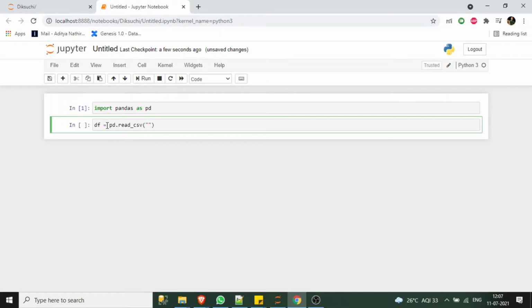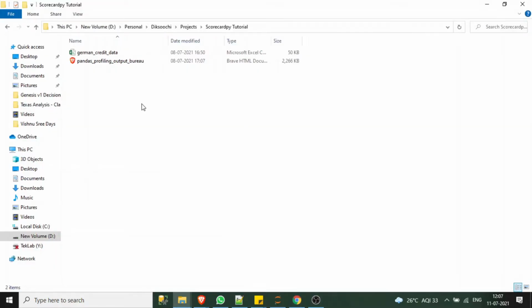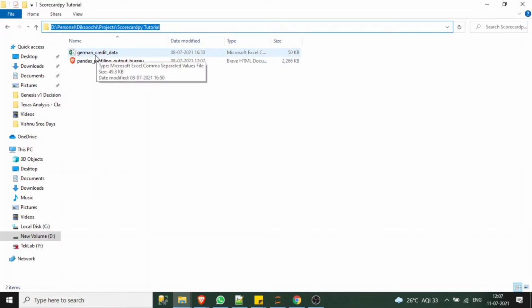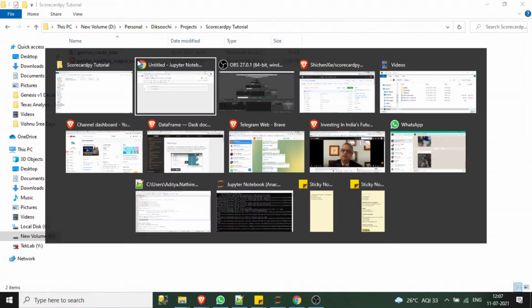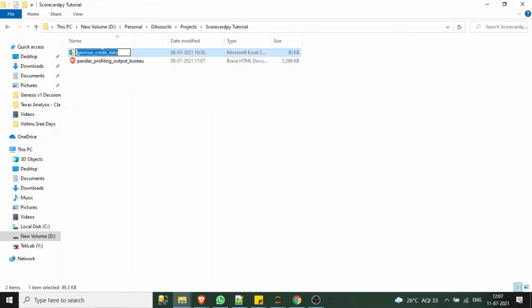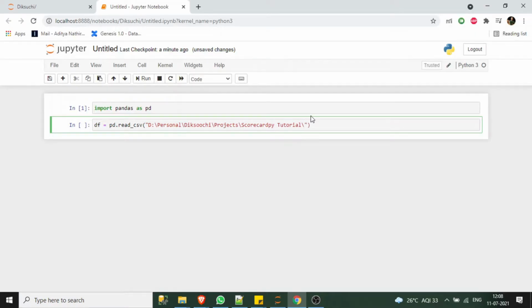So I have downloaded a dataset from the internet, which is a short version of the German credit dataset. This dataset is in this path here. The name of the CSV file is German credit data. So I'm going to first copy the path and paste it here. Then the name of the CSV file. So it is imported.